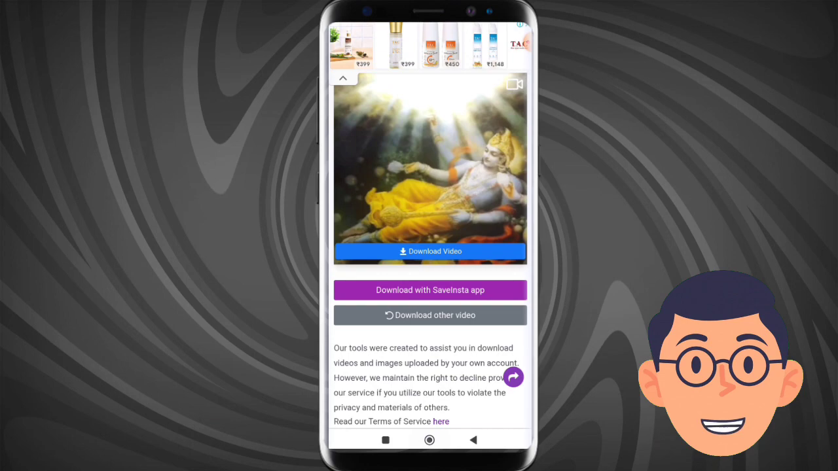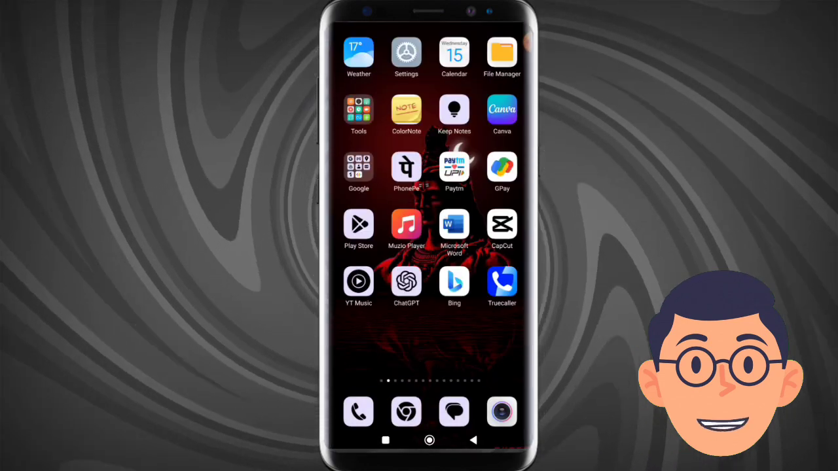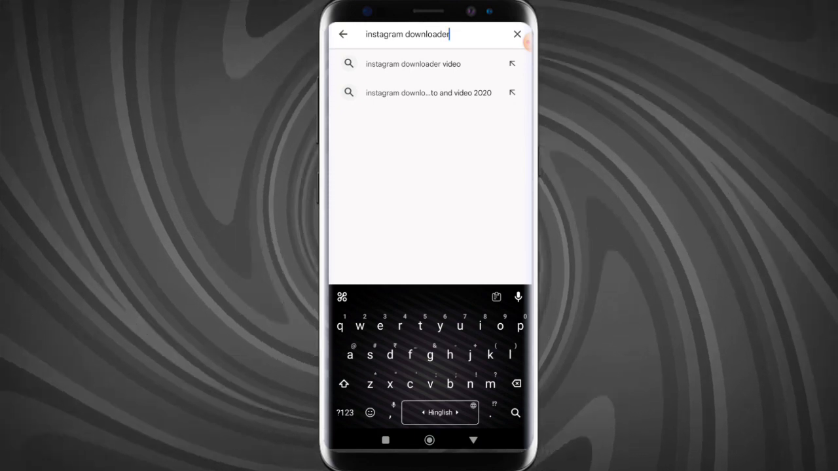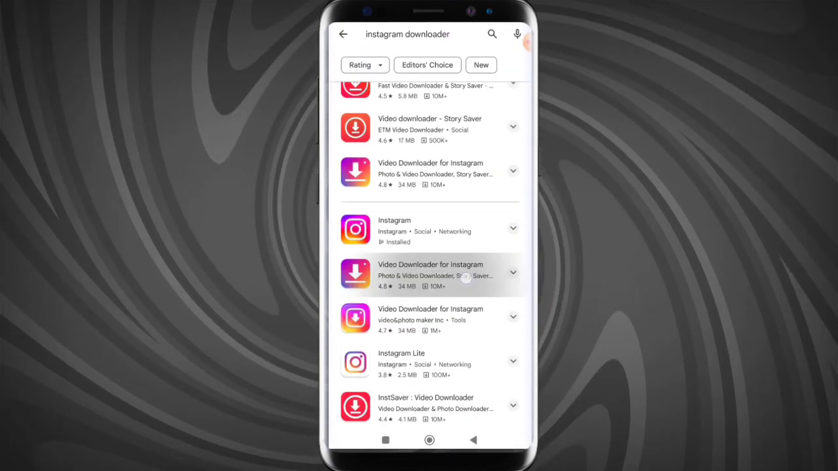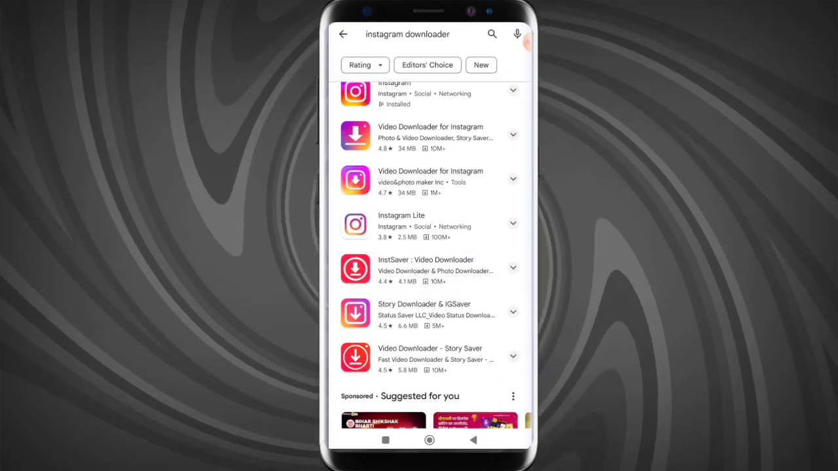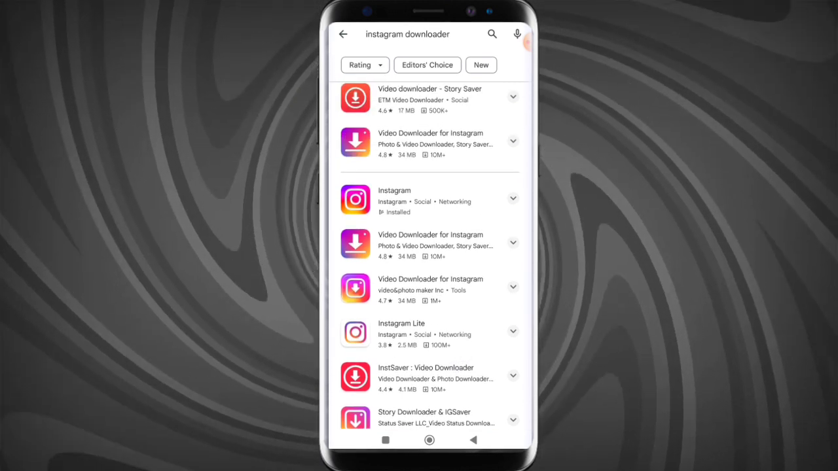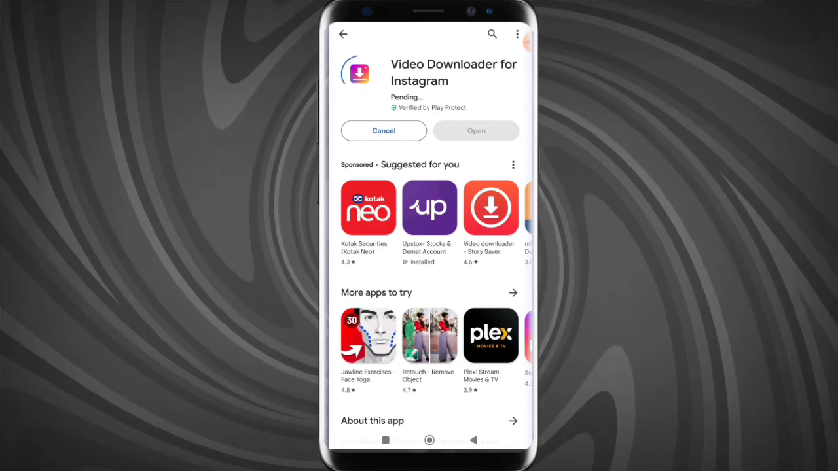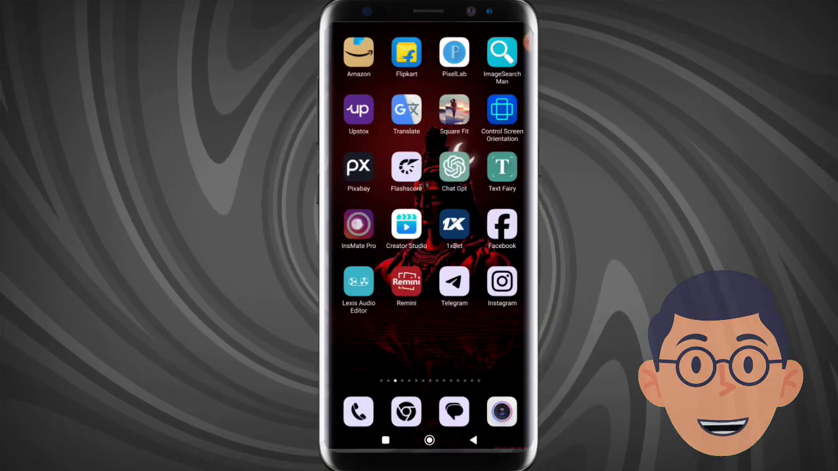Now I will show you second option which can save your time. So simply go to Play Store and search Instagram downloader, and here you will see many applications. So I will click on this and you have to install this, and then you have to open that application,